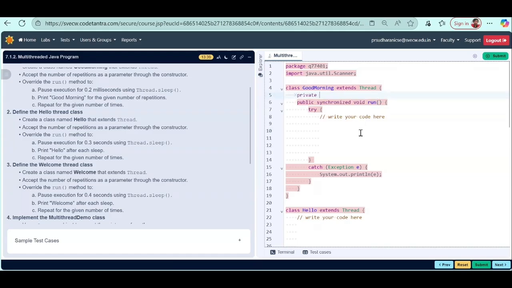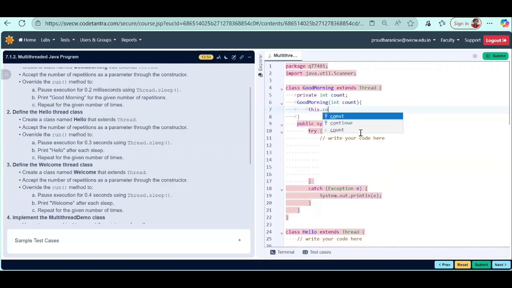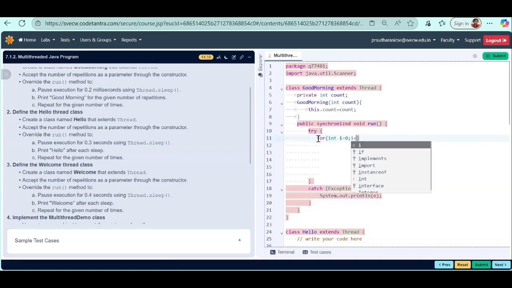So what is multi-threading? Multi-threading is a process where multiple threads execute independently but share resources, helping improve efficiency. What is synchronized keyword used for? The synchronized keyword ensures that only one thread accesses a particular section of code at a time, avoiding conflicts. And what is the purpose of the sleep method? The purpose of the sleep method is to pause a thread for a certain duration, simulating time delay or